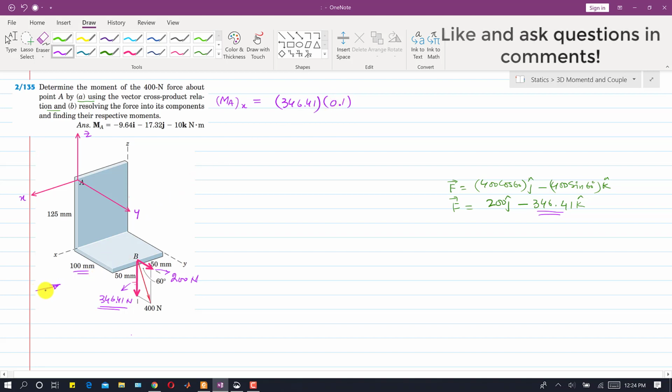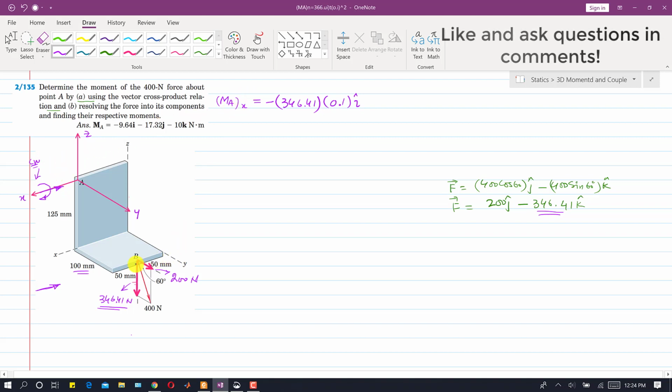And if we look into this component from this direction, this component is producing a clockwise moment about the x-axis. If we curl our right hand fingers, the direction of the thumb should be in the negative x direction. So we will write that this is minus i, in the negative x direction, so this is the clockwise moment. So due to this component, the moment produced is a clockwise moment about the x-axis, right?